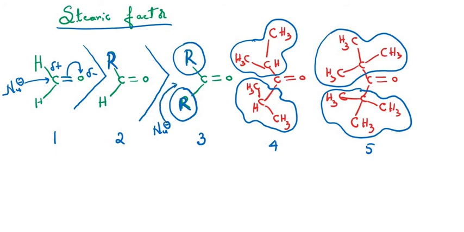There is very little space for this nucleophile to come and attack. So in the fourth example, if you see students, which is called diisopropyl ketone, there is no space. These are bulkier groups, and the bulkier groups are creating a hindrance, that is called crowding. Therefore the attack of the nucleophile on this carbon atom is less possible. So the greater the steric hindrance, the lesser will be the reactivity of that compound. All we have to learn is the second part, that is the steric factor. The steric factor is nothing but a hindrance or a crowding. So crowding is more in case of substituted ketones. Is it clear, students?